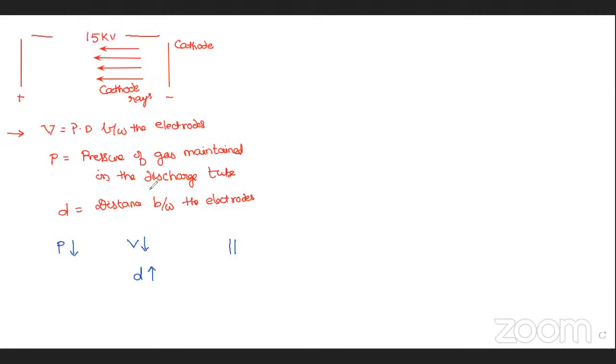Now, two advantages we found by decreasing the pressure. One, you can happily decrease the potential difference. Simply, by using a tube-like choke, we can create just 10,000 or 15,000 volts between the two electrodes. And the distance between the two electrodes we can also increase up to 1 meter or 2 meters, like a tube light, by decreasing the pressure. In the tube light, the pressure maintained is nearly 5 mm of Hg, or between 5 and 10.